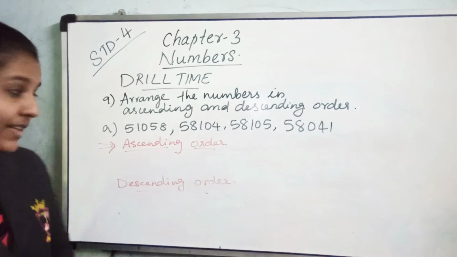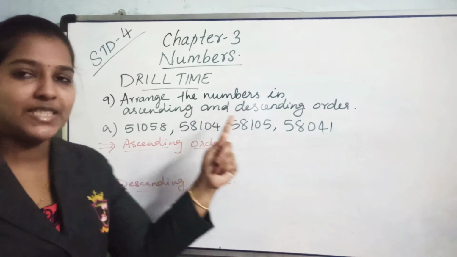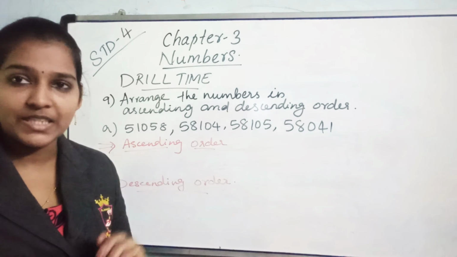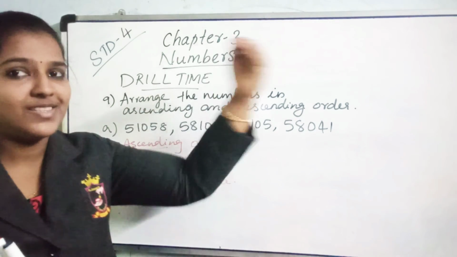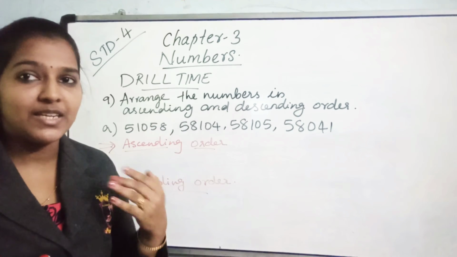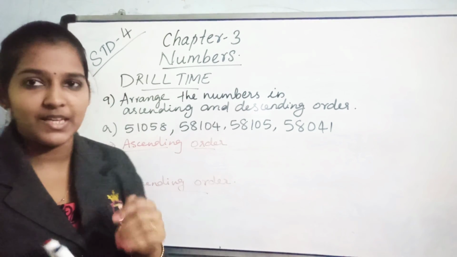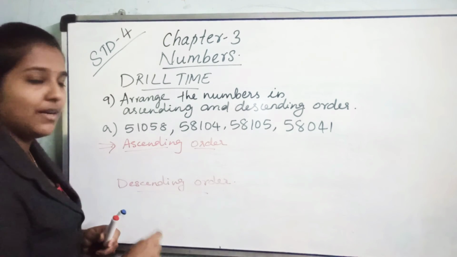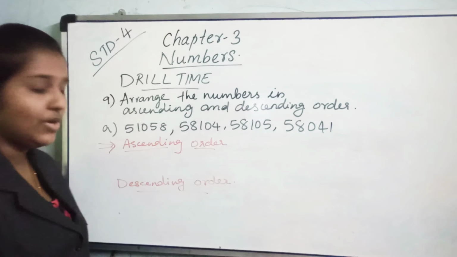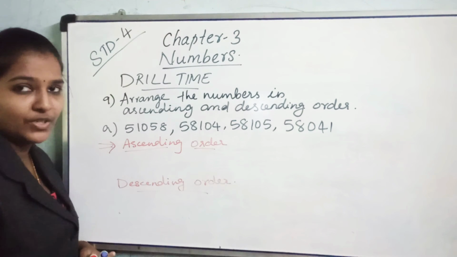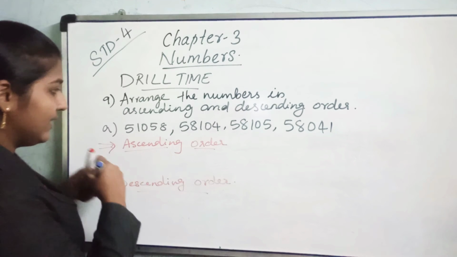So, children, the next question is, arrange the numbers in ascending and descending order. We know ascending order means arranging the numbers from smallest to largest, and descending order means arranging the numbers from largest to smallest, isn't it? Okay, so look at these numbers, compare and find out the smallest number first to write in the first position of the ascending order. Okay, so which is the first one? Look at these numbers: